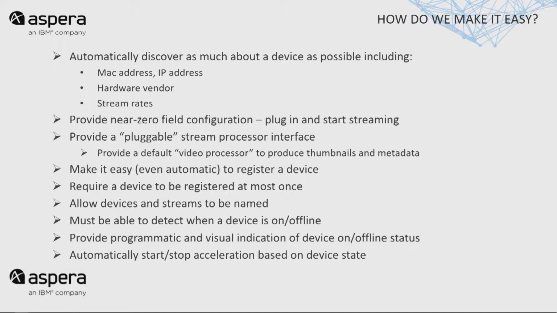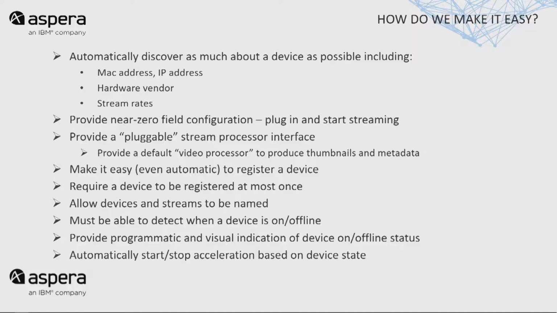So how do we make it easy, right? And I apologize, my CTO made this. I don't have pretty graphics, so there's a lot of words. And I said, I'm not going to read all the words. You can read them while I'm talking. But the key to this is discovering the devices, figuring out what they are, what they do, being able to rename those devices to something more human readable, but only having to do that once. I get a device in, and I'm going to call it encoder 17, and that device is always encoder 17 no matter where it is. Now you can relabel it, you can give it a better name later on, but you don't have to reconfigure the bit rate and things like that directly on the device.